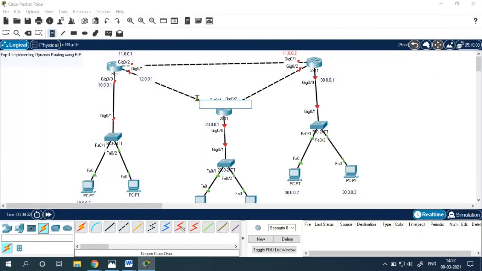Similarly here, this side it is 12.0.0.2. Let me make it visible. Yes, it is visible now. This interface, yes, very much visible.